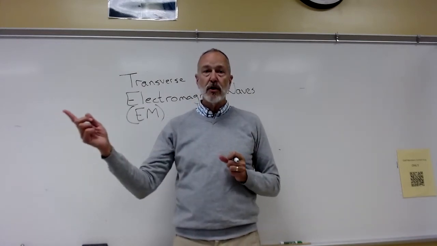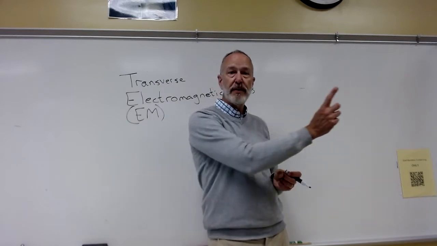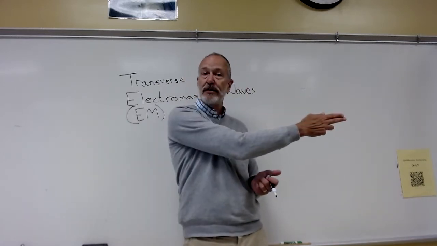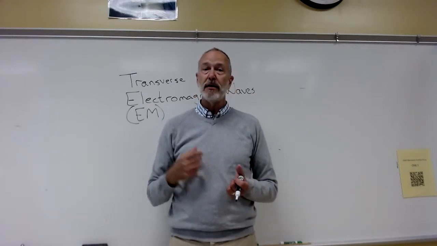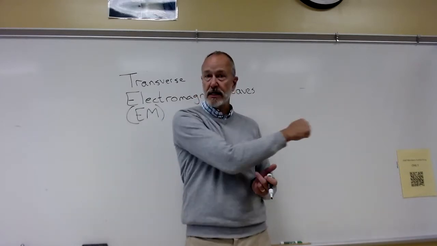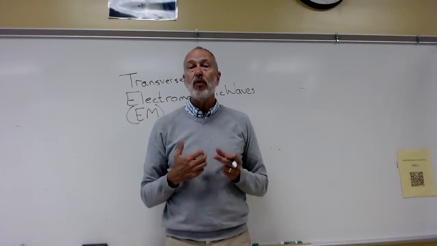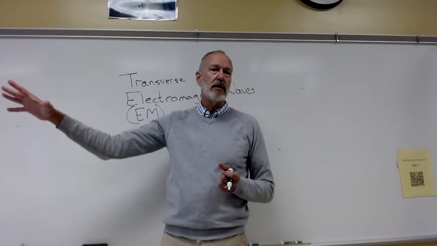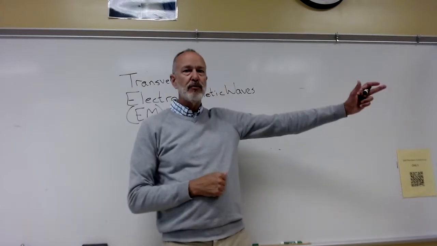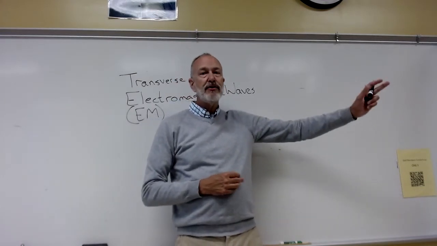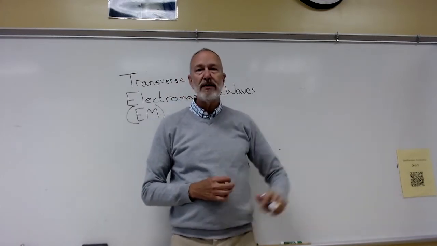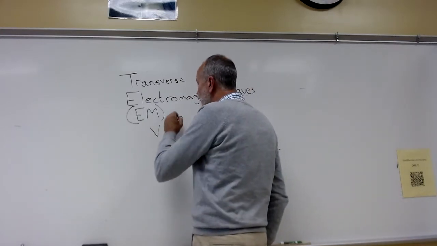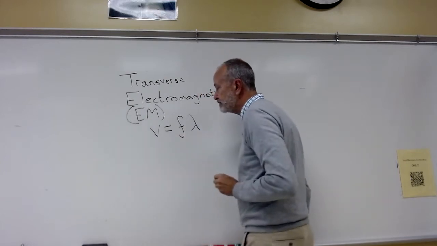And so going from radio waves up through past visible light and up to gamma rays, you go up to very, very high energy. The energy gets much higher as the frequency gets higher. But the wavelength gets smaller and smaller and smaller. So radio waves are very long, low energy. Gamma rays are very high energy, high frequency, small wavelength, because they're all dictated by v equals f lambda.